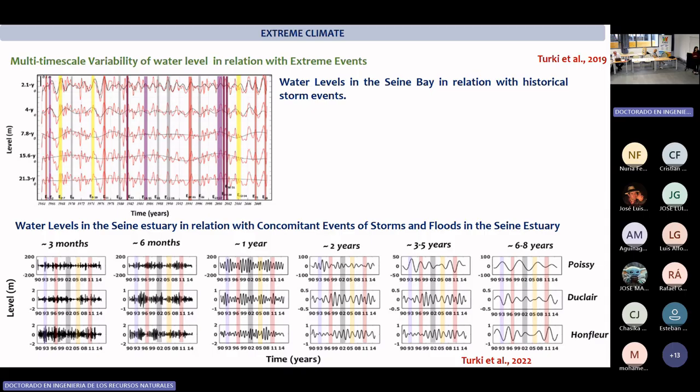So how is this signal, at the different frequencies of the sea level, changing according to the storms? Here we have demonstrated that we have a lot of storms, and each storm has its return period: 2 years, 10 years, 20 years. When we have storms with a very high return period, like 20 years, these storms are more manifested at low frequencies, like decadal frequencies. And small storms with a very short return period, very frequent storms that you can see each year, are not really manifested in or correlated to atmospheric circulation.